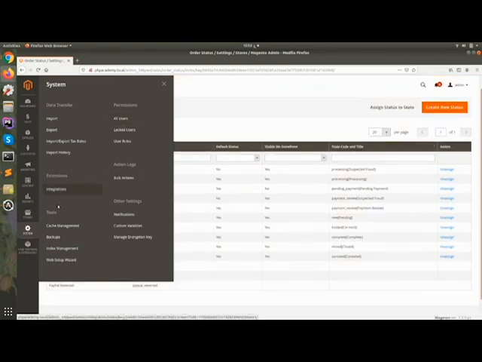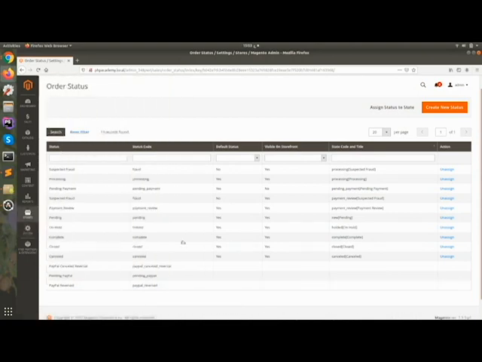Okay. Then if you are making any configuration changes or any changes, you can clear the cache from here. You can manage the indexing. If you are importing the products, you have to index the products, so you can manage it from here. Okay. This is also something we will cover when we work on the programming level. Okay. So these are the admin features we have covered today.